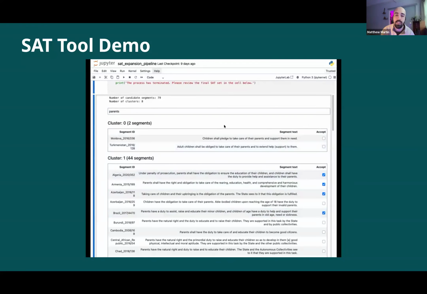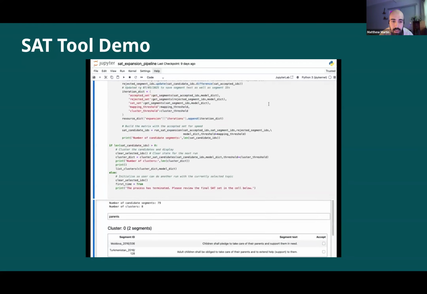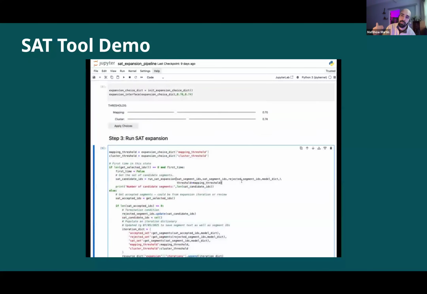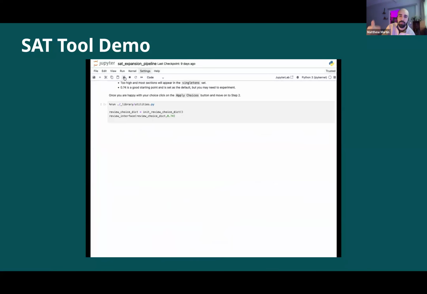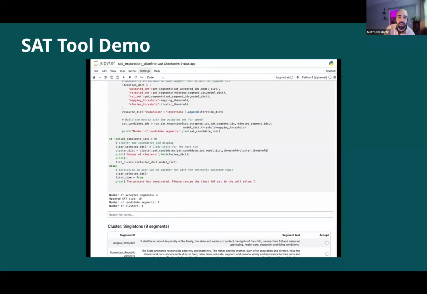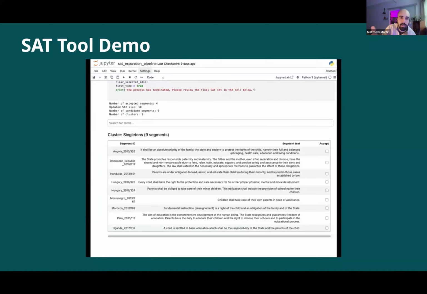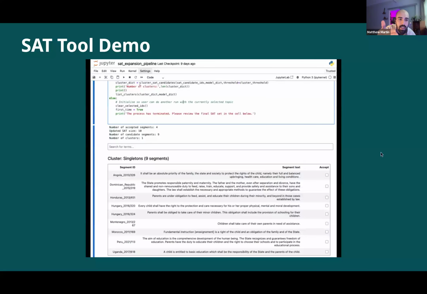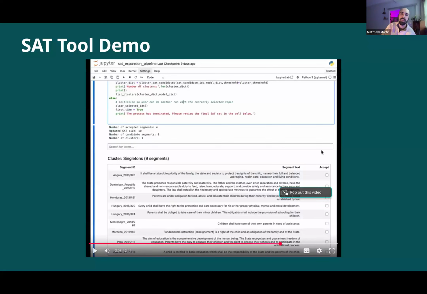Again, in this particular case, the rights and duties of parents. For the purpose of this example, I didn't have all the time in the world to go through and accept all of the relevant segments, right? But ostensibly, when you get through a certain number of stages, here we're on round 3, I believe, you continue to see how many segments you've accepted in a given round, the size of the SAT as you move to